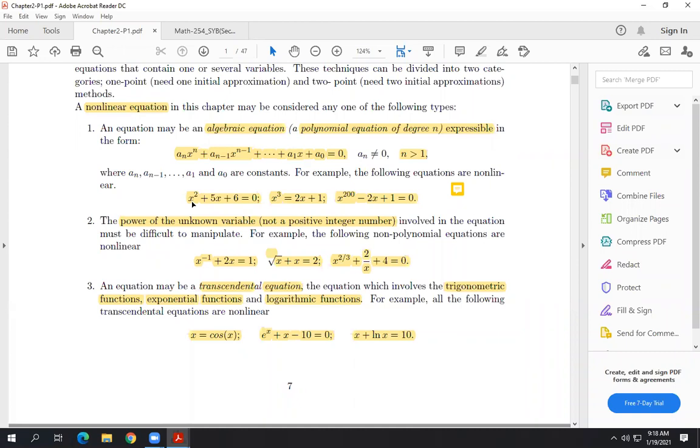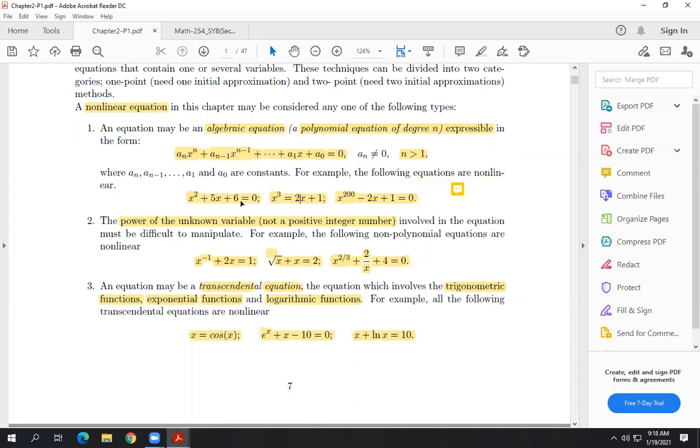Because when we put minus 2 in place of x, this becomes 4, minus 2 becomes minus 10, plus 6. What is the answer? Equal to 0. It means minus 2 is a root. And in the same way you can put here